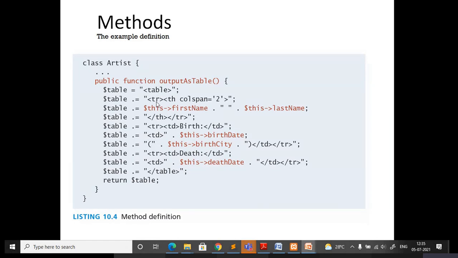And whatever task or calculation you want to do, you can just write it within the function. So here they are trying to create one table where it contains the first name, birth date, then birth city, all these things.